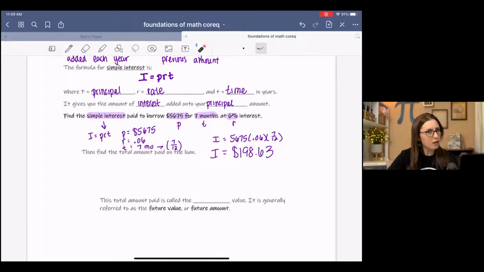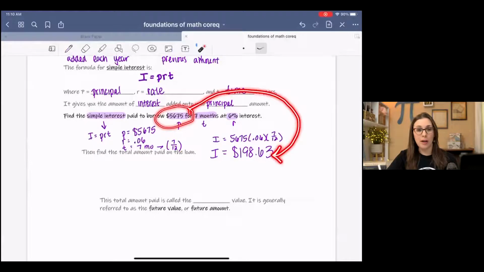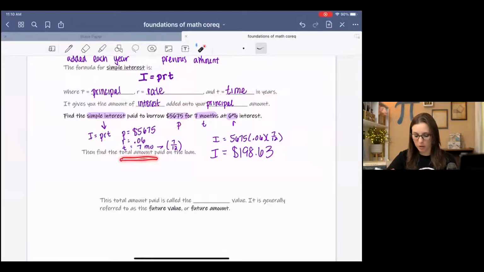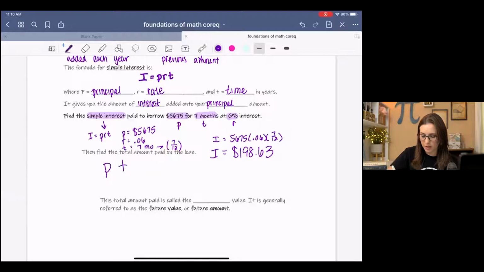That's not the only thing that has to be paid back. If you borrowed $5,675, that has to be paid back, and this interest amount also has to be paid back. It all has to, which means that if you're looking for the total amount to be paid back, you have to do the principal plus the simple interest, which we found to be